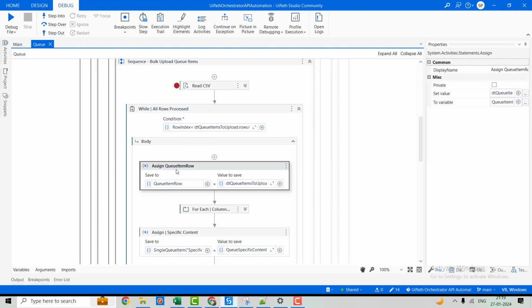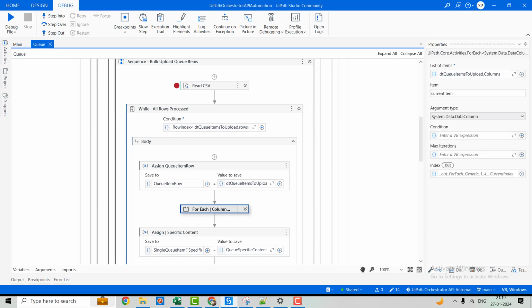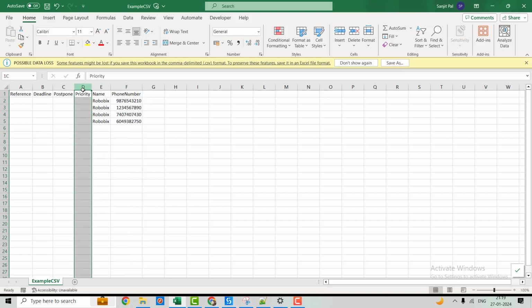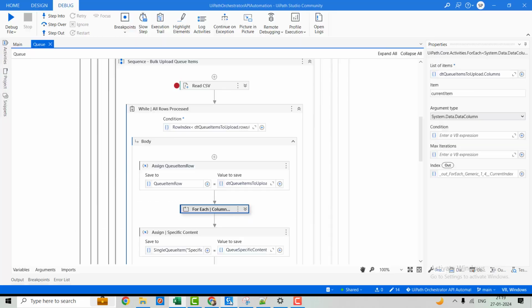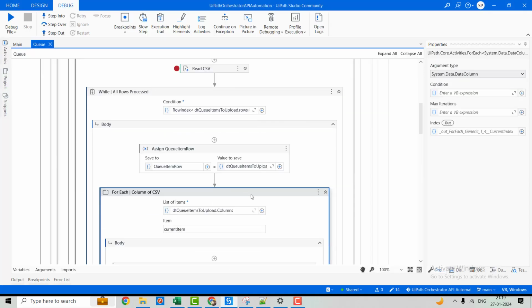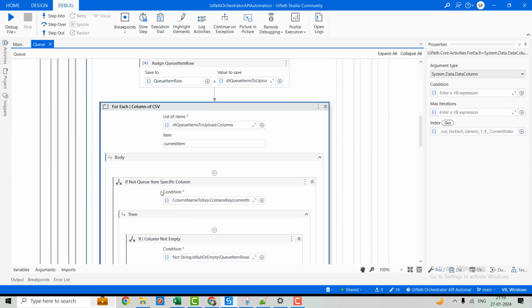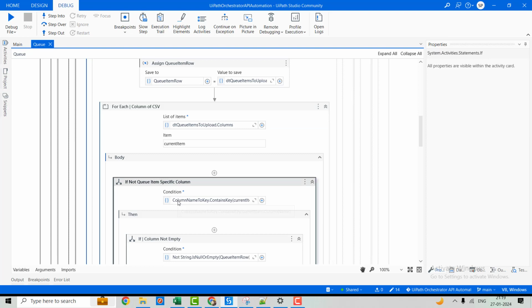Then in this assign activity, you can see I'm keeping that row, based on the row index, in this queue item row variable. The queue item row variable is of type data row. Then for each column of the data table, I will keep on checking if that column is a regular column or a specific content column. To differentiate those columns,